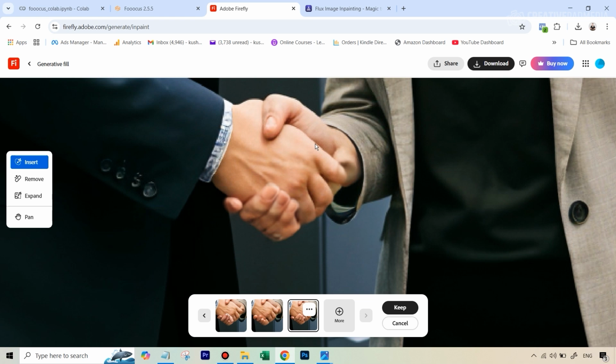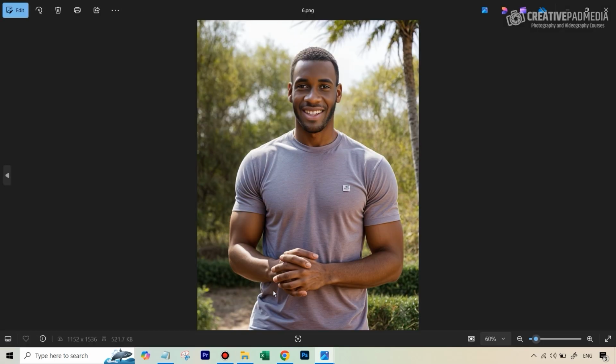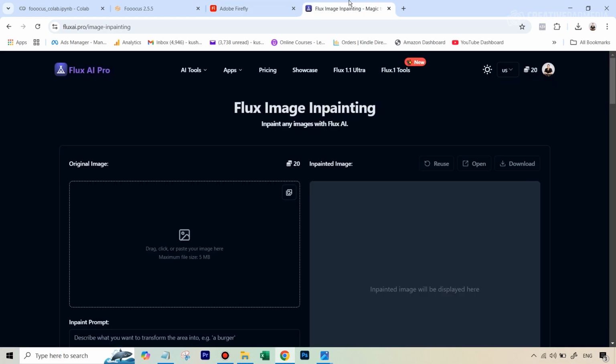Sometimes you can see it is slightly challenging to fix these issues, especially when they're shaking hands. Okay, now let's try to fix the most challenging image, because it was getting worse in Focus as well as Firefly. So I've already tried that a lot of times. Now for something like this, we can go for a more advanced model, which is the Flux image Inpainting model, and